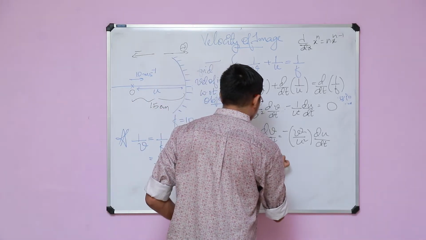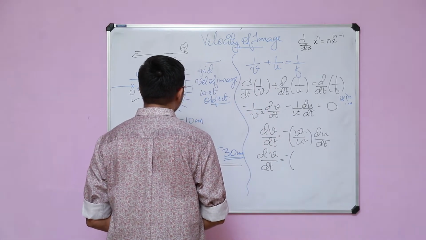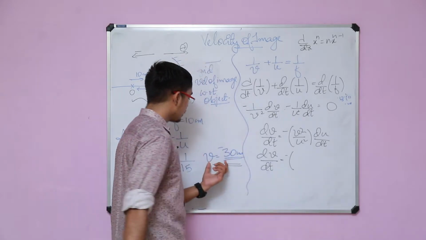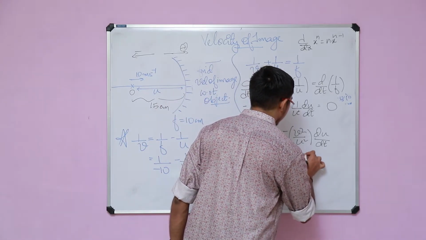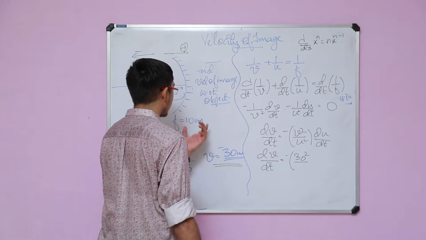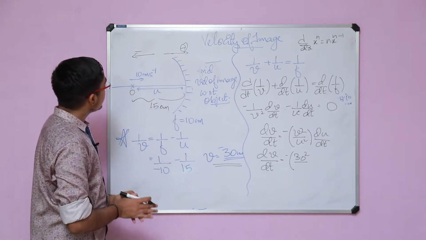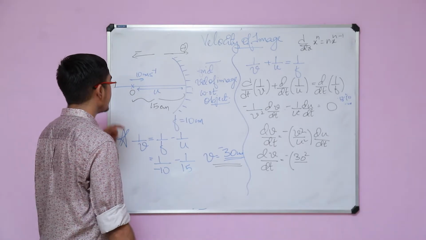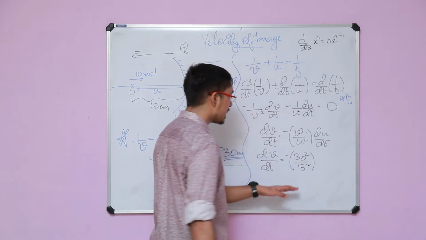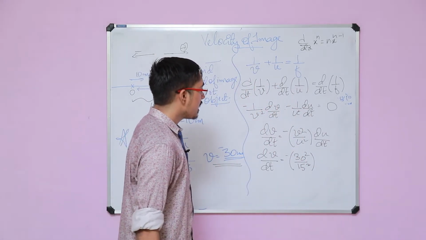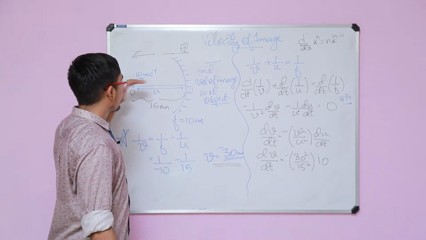So, we need to find out dv by dt, and this is equal to minus of v square. We know the position of the image is minus of 30. You will take 30 square here divided by u square, that is 15 square, isn't it? The object was at 15 centimeters away from the pole of the mirror, and we say that it is moving at a speed of 10 meter per second towards the mirror. I do not have to worry about the sign because it is a square over here, and du by dt is 10, the speed of the object with which it is approaching the mirror.